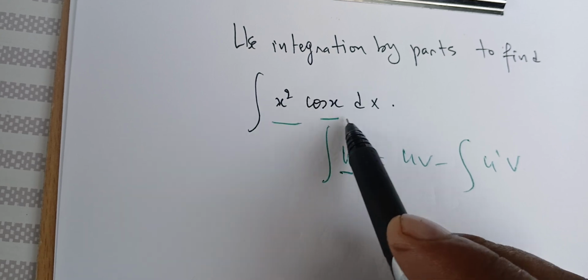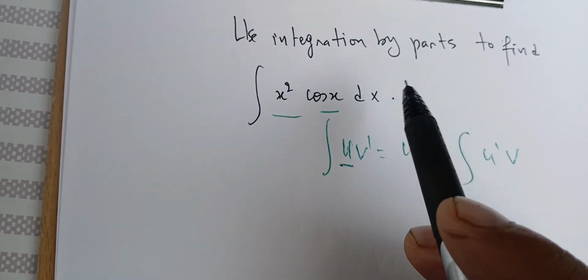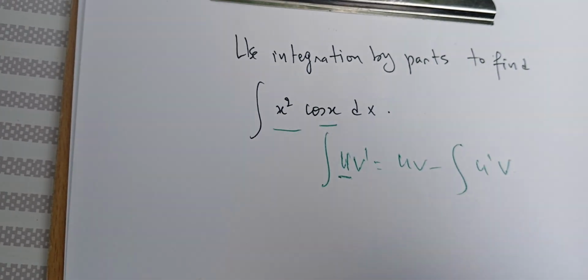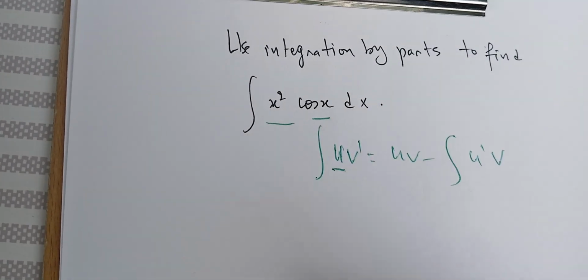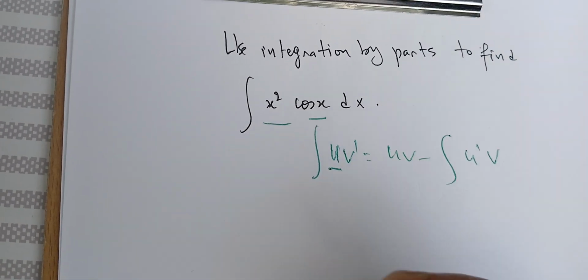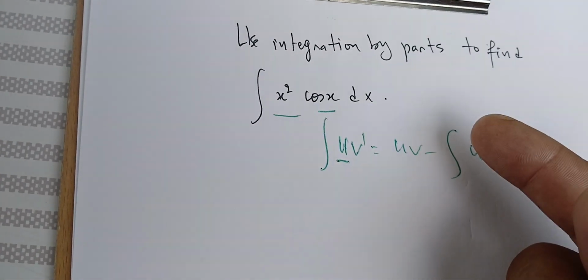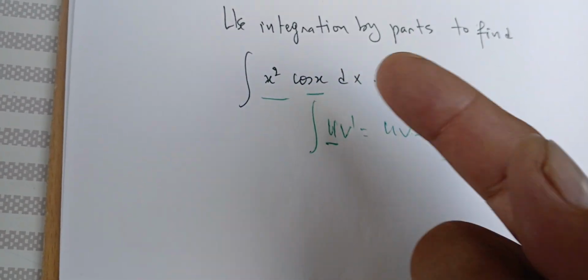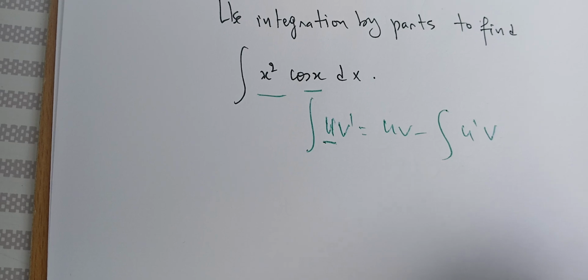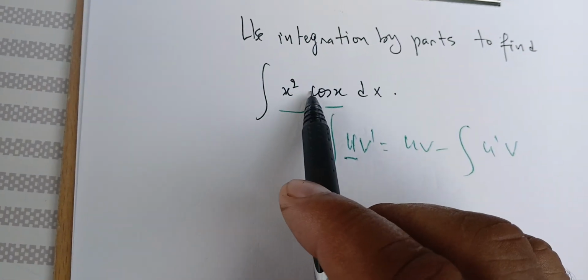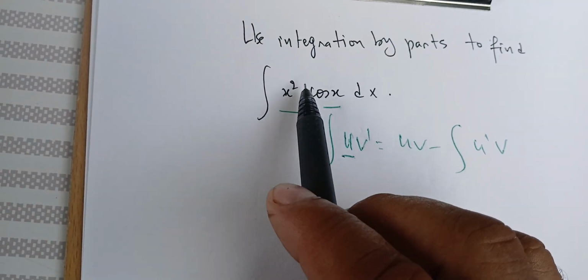The cosine, when we differentiate it, is going to keep bouncing back: sine, cosine, minus sine, minus cosine. It's not going to go away. And the powers, if we integrate again one more time, the powers of x are going to keep increasing. Okay? In our case here, the good thing is to choose